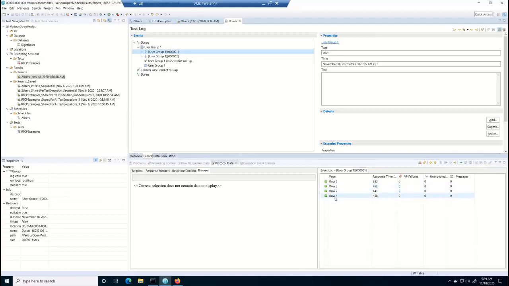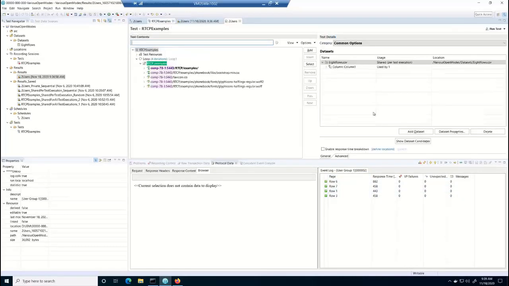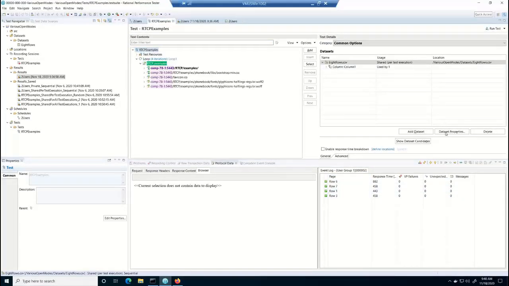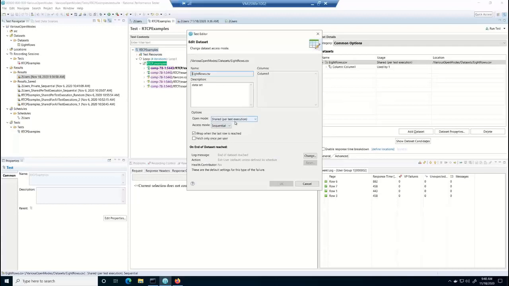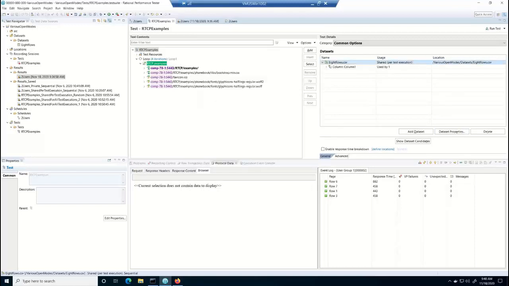Like I said, it all depends on the timing of when the request was made. The property is, again, shared per test execution sequential. That's the default, and that's the easiest to understand and to use. So let me hit cancel,